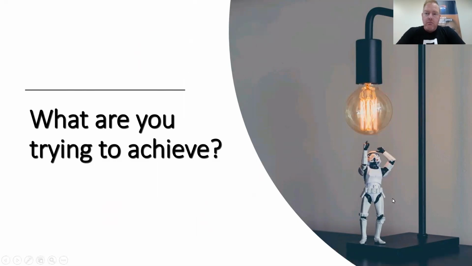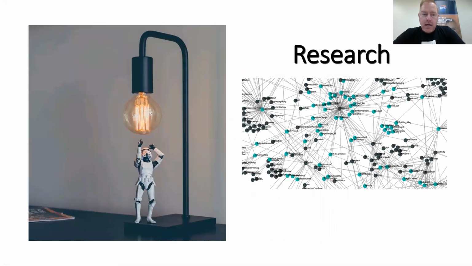For the purpose of social media analytics, there's two main things that we would want to use AI for on our Twitter analytics. The first is to research, so we can essentially spin up a quick Twitter analytics solution to investigate topics and what other topics people might be talking about in relation to the topic. Here we've got 3D printing in the middle, and we can see some of the other topics that people are talking about outside of 3D printing.